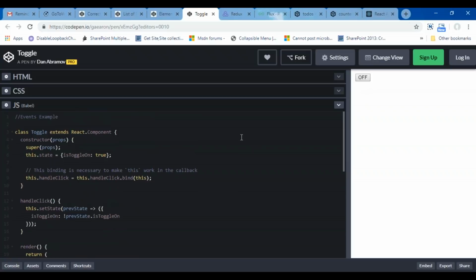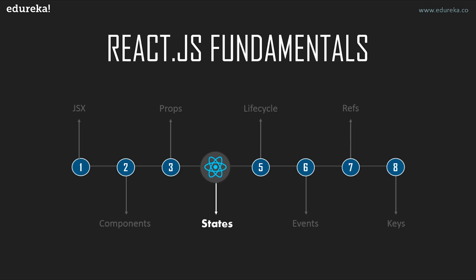So that is how we can apply all the fundamentals in one application. It's not like that in React.js you have to come up with only a JSX-based application or a component-based application. It's not like that. All the React fundamentals which we talked about over here should be used every time in combination. Then only you can learn React.js in detail. So what I'm saying is that you can apply JSX, components, props, state, lifecycle methods and some kind of events, for example, the onClick events we just saw. All these things you can combine in one React application. So let's see more examples of events.